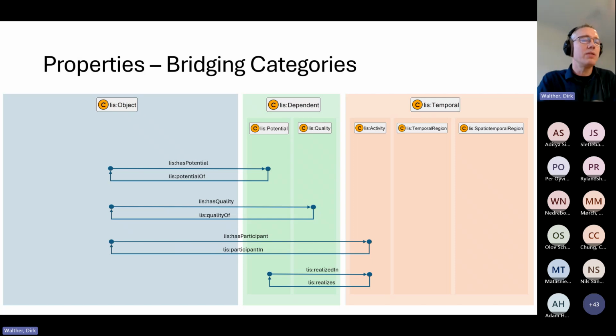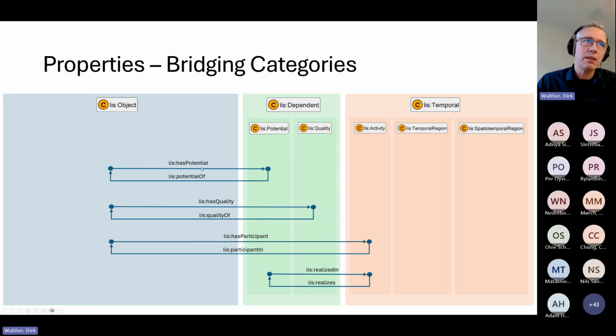Okay, now you have seen these different categories. Now IDO also provides relationships or relations that allow us to connect these terms between different categories. So we can connect objects with potentials, which are, for example, functions. These names here, these are names for the properties at a high level.